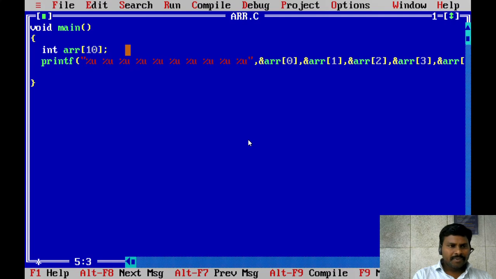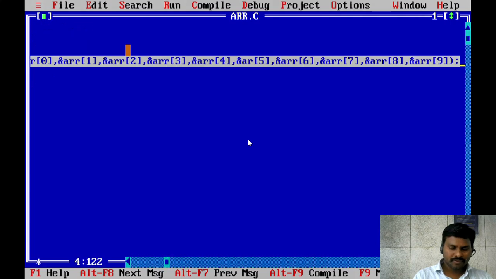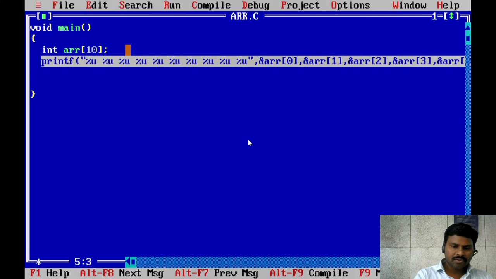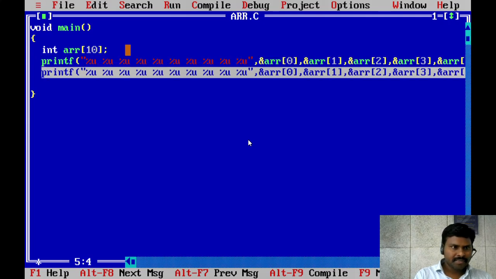And I have to print those values. So printf. Copy this code: Control+Insert is copy, Shift+Insert is paste. Percentage d,